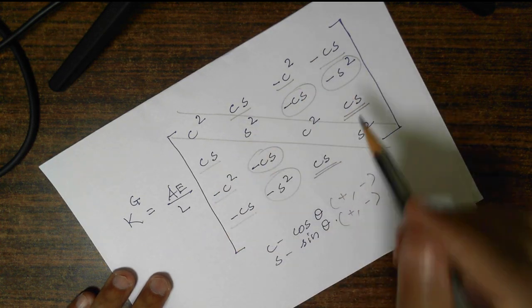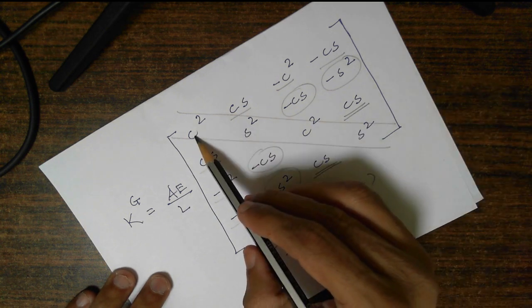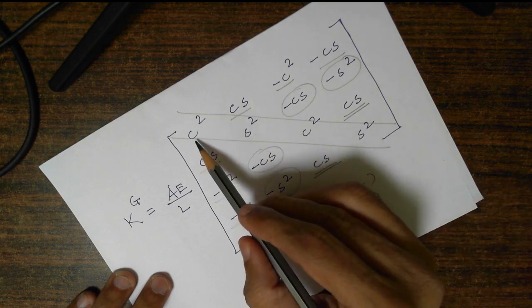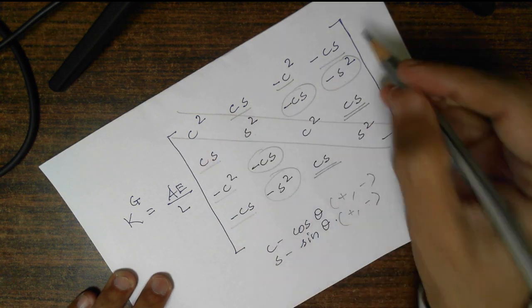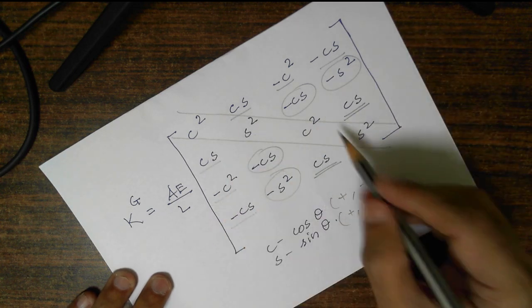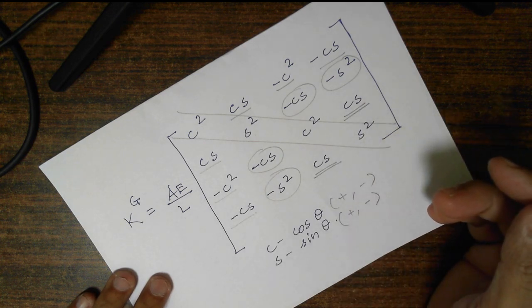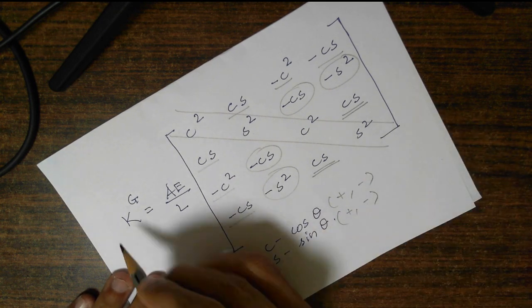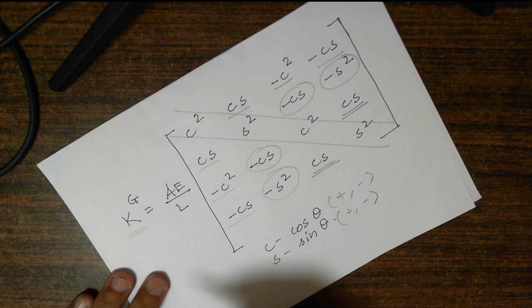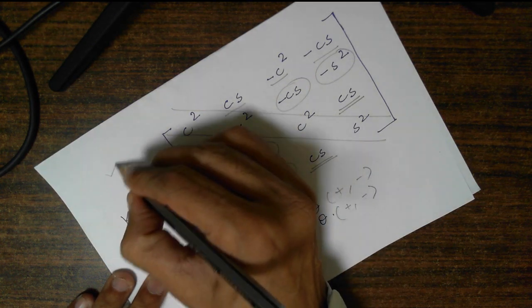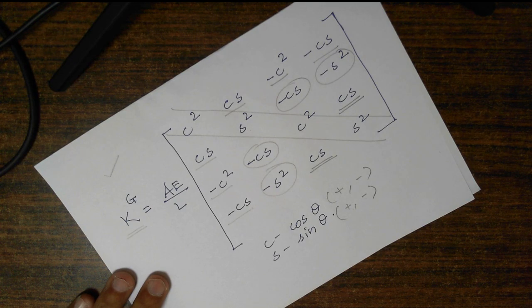And the special property of truss element stiffness matrix: if you add any row or if you add any column, the total will be equal to 0. Is it getting satisfied in this? Yes. If you add this row, total is equal to 0. If you add this column, total is equal to 0. You add any row or any column, total is equal to 0, and that is why all the properties of stiffness matrices are satisfied by this K global, that is the elemental stiffness matrix of a truss element in global coordinates. In all our further discussions, we are going to use this formula for writing elemental stiffness matrix in global coordinates.